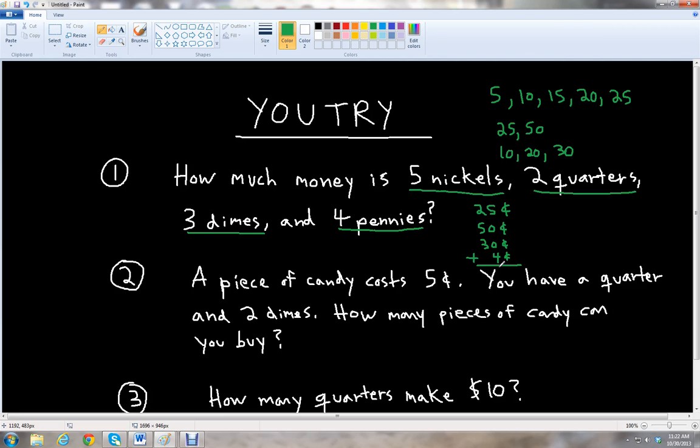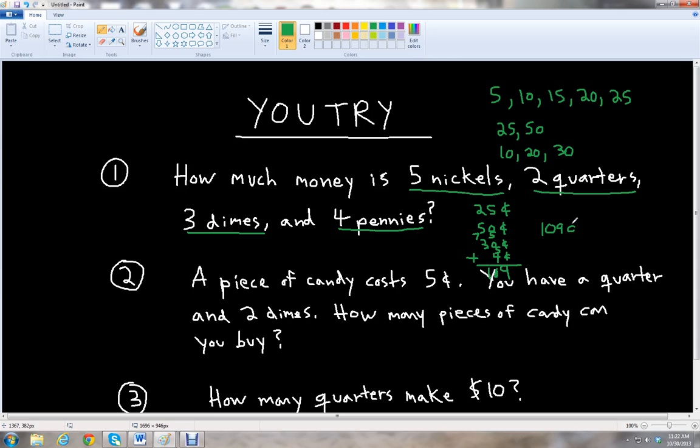Okay, so now we need to add these together. So we have 5 plus 0 is 5. 5 plus 0 is also 5. 5 plus 4, this is 9. So we'll write 9 there. And then you do 2 plus 5 is 7. 7 plus 3 is 10. So I'll write it aside here. So we have a 10,